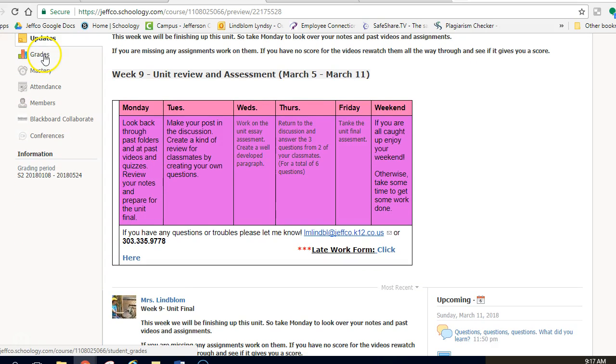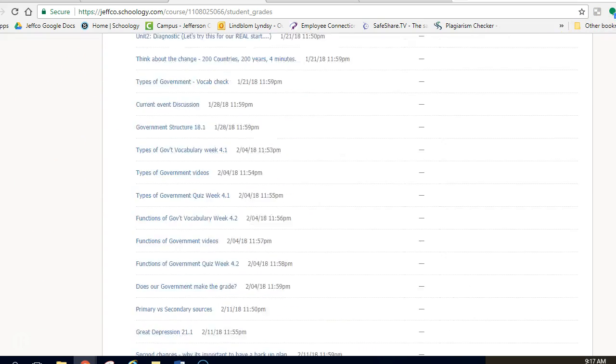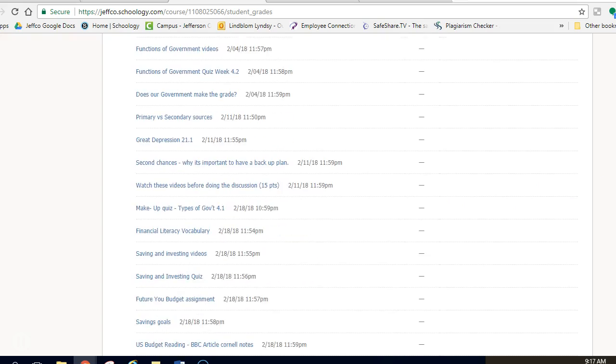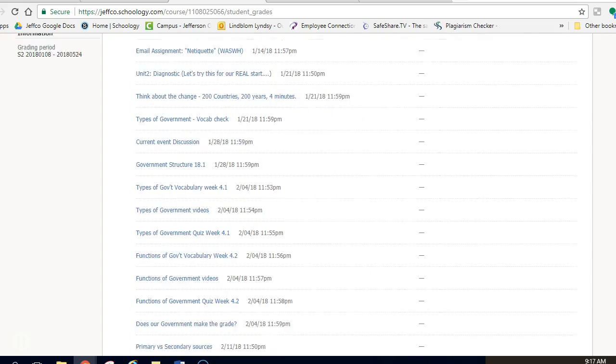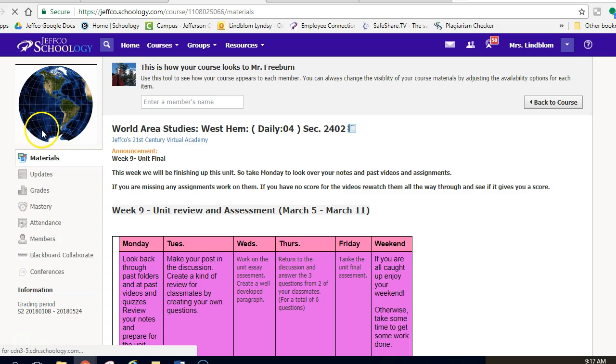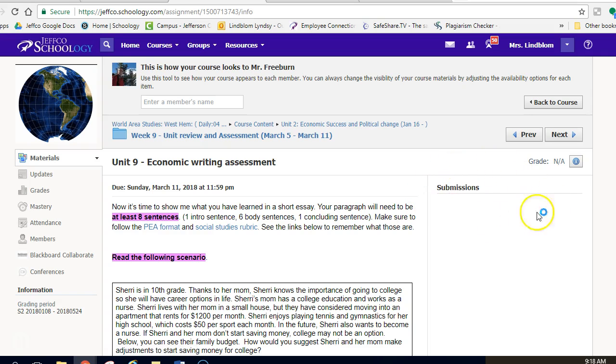Remember, you should always be checking your grades by clicking on the grade tab and checking for anything that says missing or something that doesn't have a little picture by it. You should also be able to see scores and notes that I've left for you. And if I have left a note that says see comments, if you look on the assignment right over here, it should say assignment submitted or something like that. You can click on that and it will take you to where I've left you comments. Alright, so let's take a look at the work for the week.